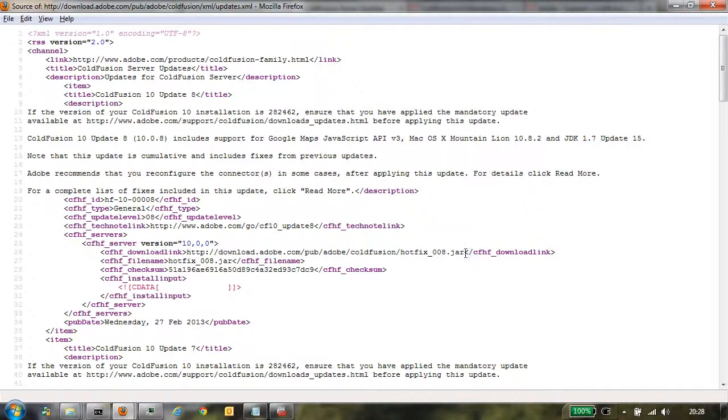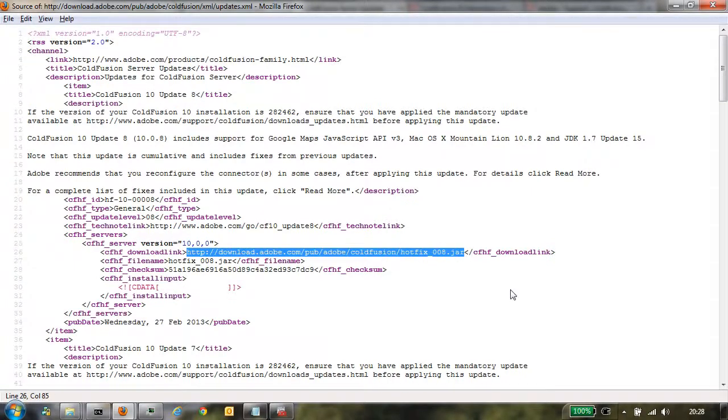Here, item is the root node, and for each update one new item will be there. So for the ColdFusion 10 update 8 item, go to the corresponding cfhf_download_link node of the XML.